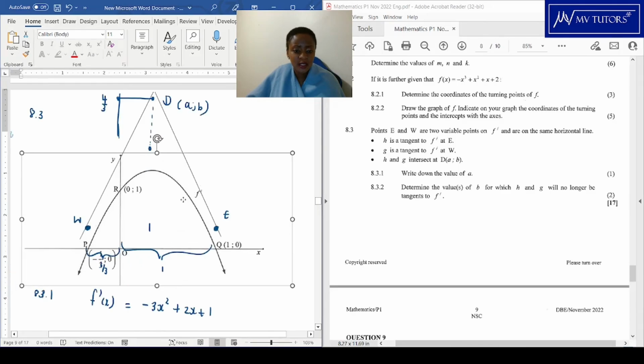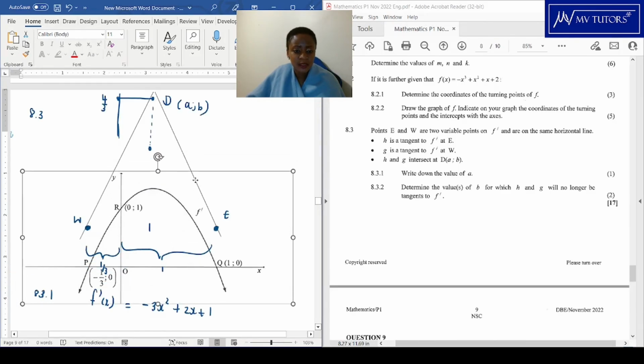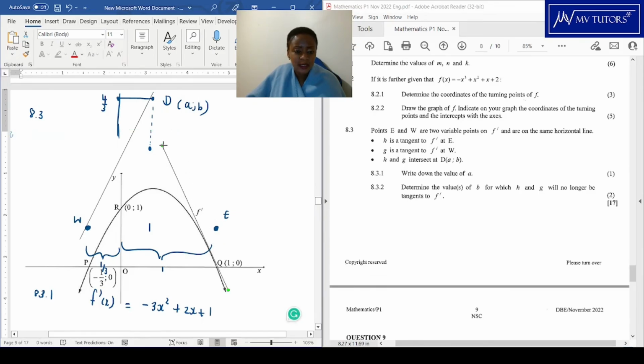Let's just say we shifted this a bit, and we have this over there, and it's basically bigger. So it won't be tangent anymore. But the more we go up